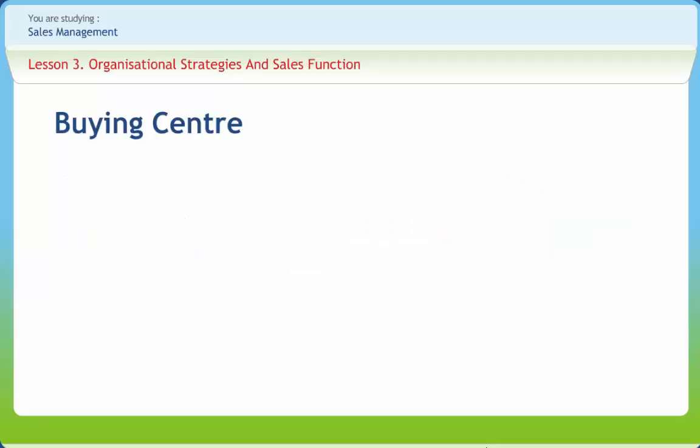A buying center is a term used for a team of employees who are engaged in purchasing an item for the organization of their interest. Though in a generic sense, there are typically 5 roles within any buying center. They are end users of the item being purchased by the buying center, buyers who are responsible for the contract buying and they make purchases from other organizations or within the same organization,